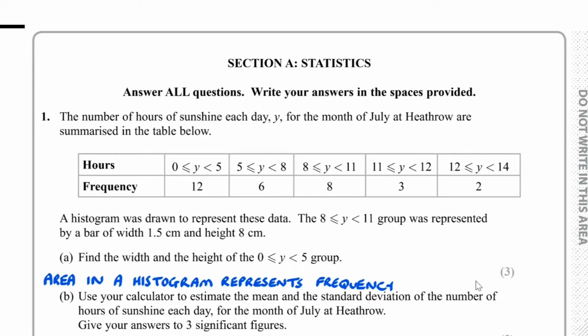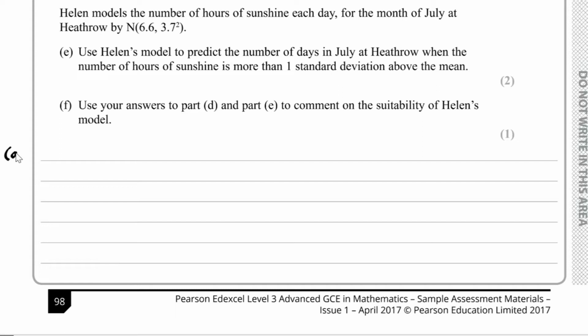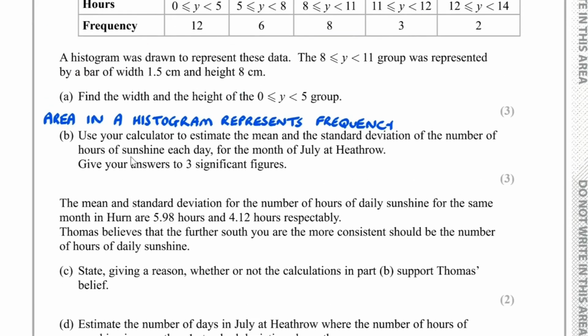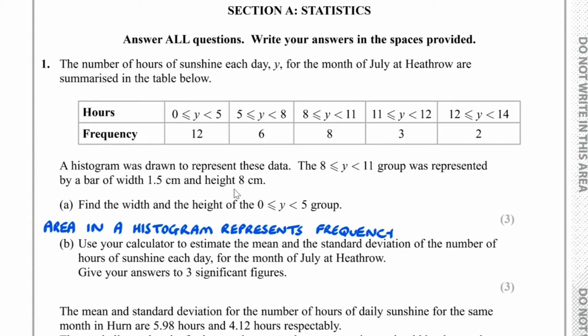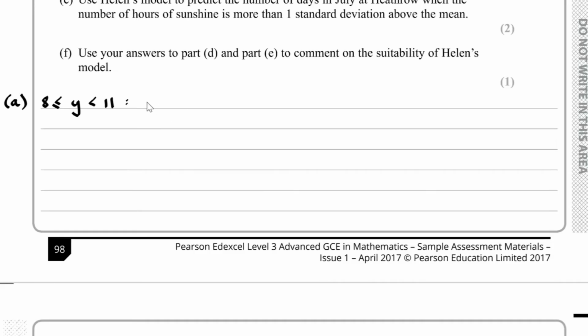First of all, we know that the area in a histogram represents the frequency. So, if we take a look at the information given for part A, for the 8 ≤ Y < 11, we know that the width is 1.5 and the height is 8. So with a width of 1.5 centimeters and a height of 8 centimeters, we can conclude the area A is equal to 1.5 multiplied by 8, which is equal to 12